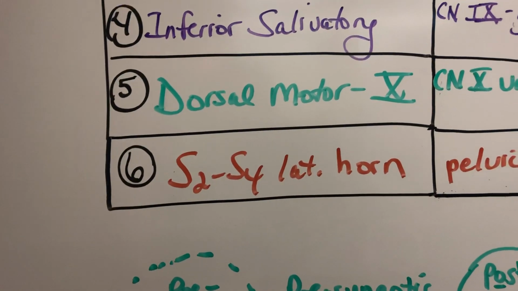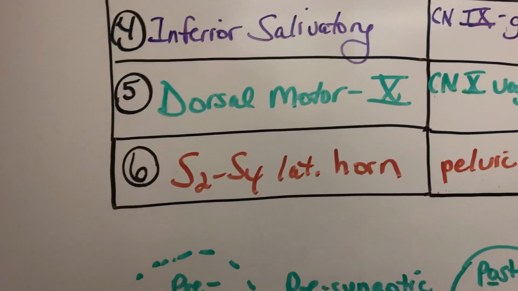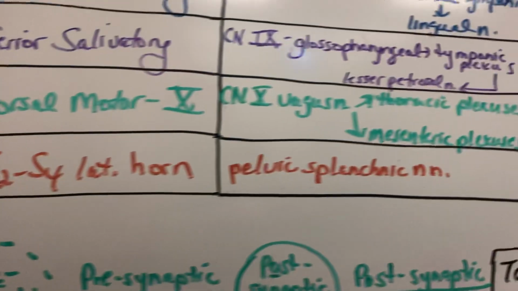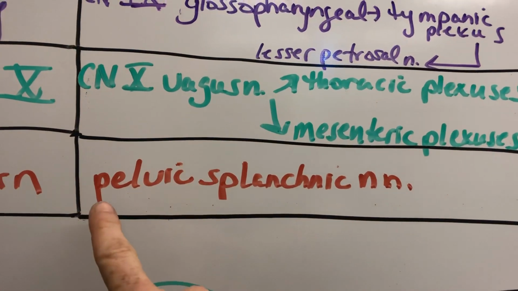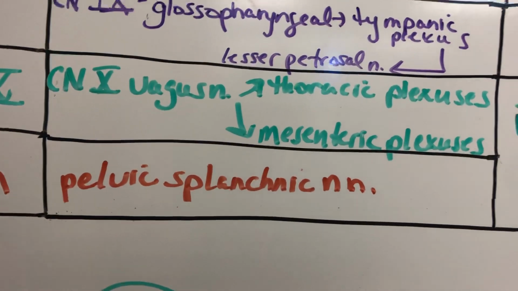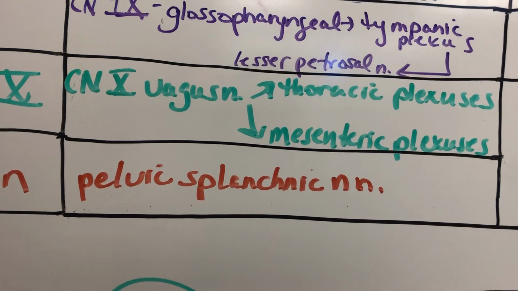Typically, the lateral horn in the thorax and upper lumbar was for sympathetics, but in the sacral area, it's for parasympathetics. The only splanchnics we have that are parasympathetics just so happen to start with the letter P. Thank goodness, because most splanchnics are sympathetic, but the pelvic are para. These are preganglionic parasympathetics that then